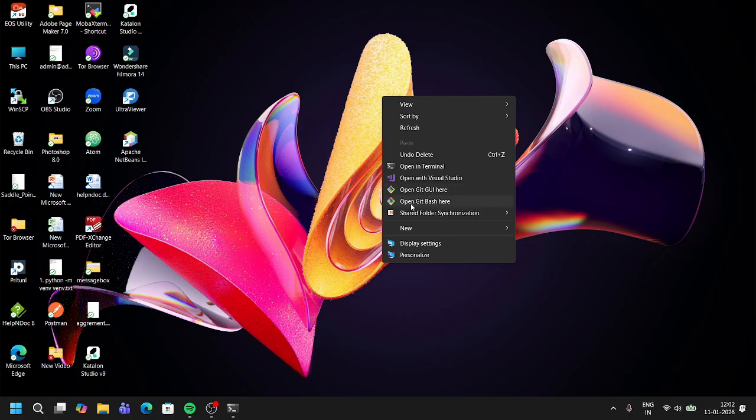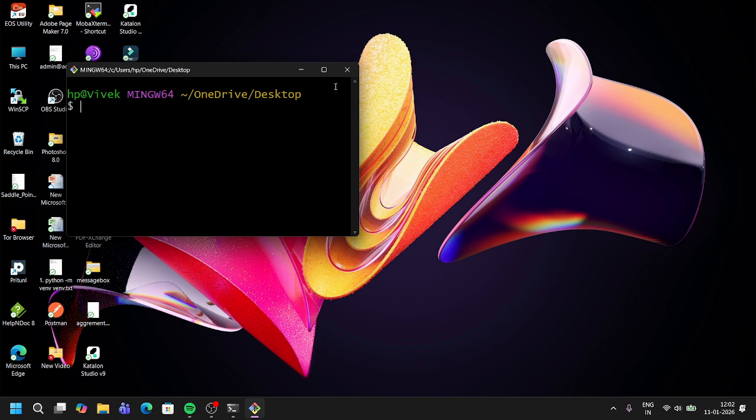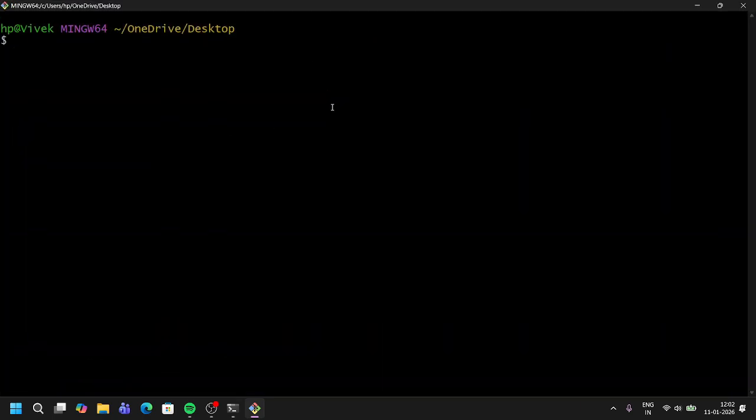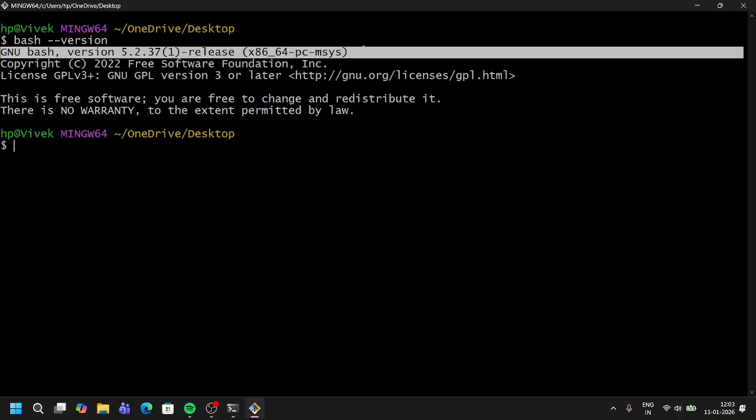So just click on open Git Bash here, and just type here now bash version. So let me type this, bash space dash dash version. So now the version is 5.2.37. This is my Git Bash version. Okay.